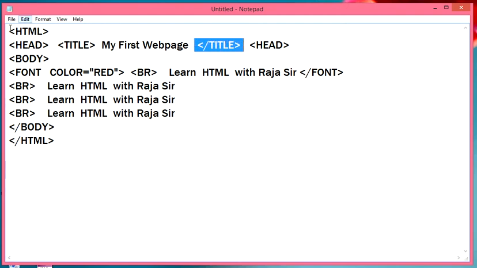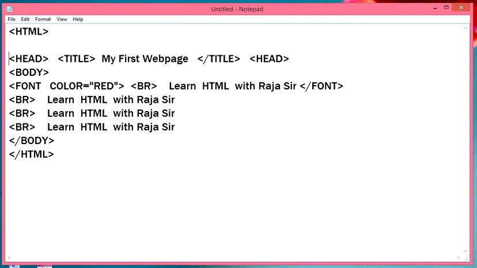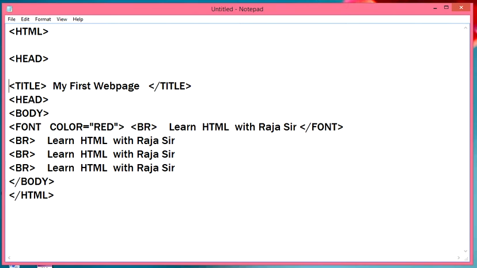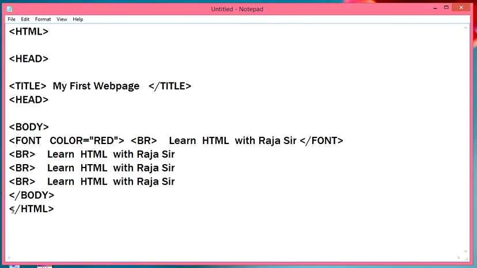So basically you can say that we have followed all the basic structure of HTML coding. Now you can see it in different lines here. Okay, and HTML. Students, opening body tag, there are a few lines, and the lines are: learn HTML with Raja sir.